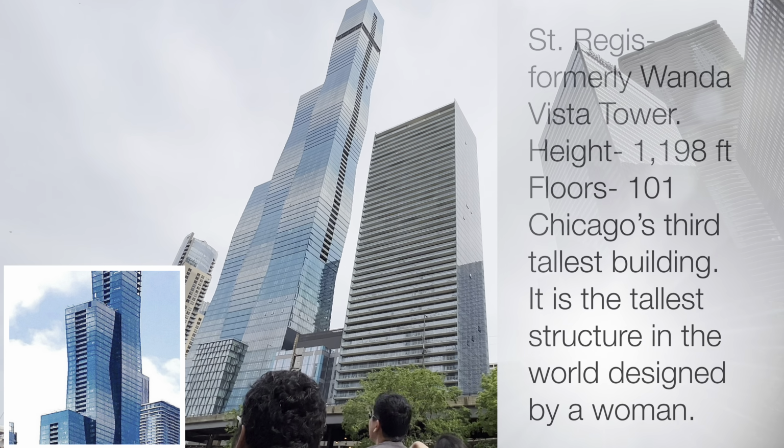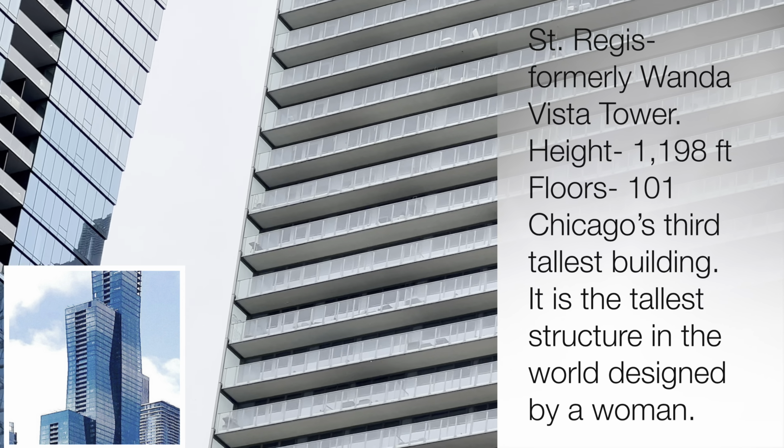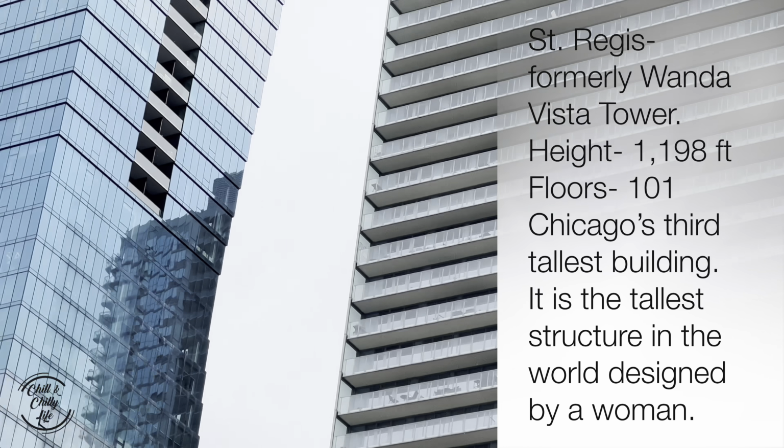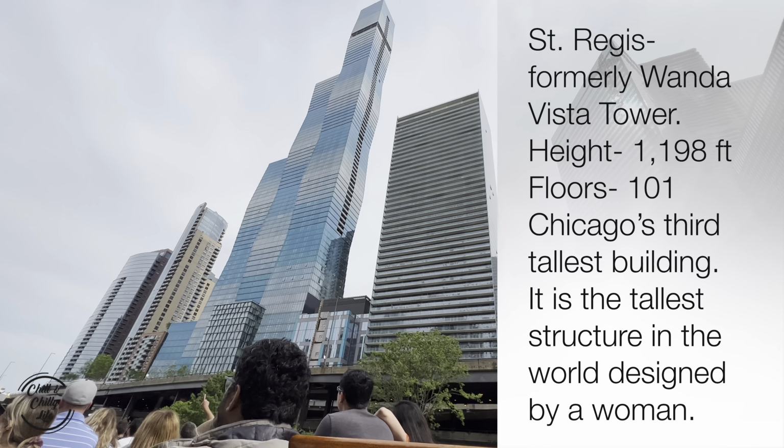A grave mistake. It cost the developers untold millions of dollars in lost residential sales for those 2 floors. I should also add, it led to an unforgettable story for me one day. I finished giving a tour about 2 years ago. A guy walked up to me who'd been on the boat, and he said...